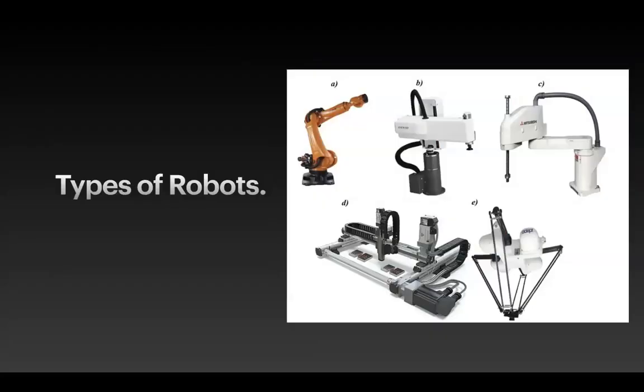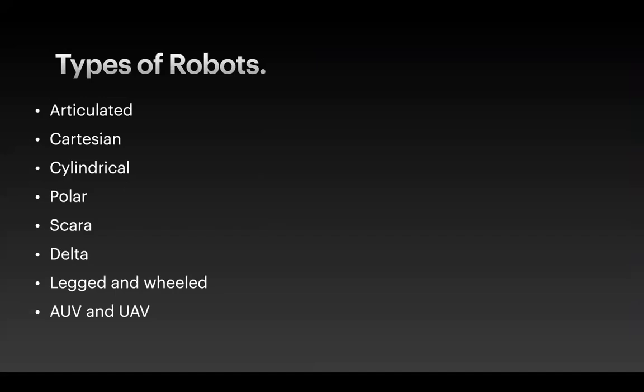Okay, so let's go to the other section, which is types of robots. There are a few types of robots, and I explained these types in the previous webinar as well, but let's go through that again. There are a little bit more in this slide set. There are various types of robots nowadays, and there are various ways of categorizing these robots as well.